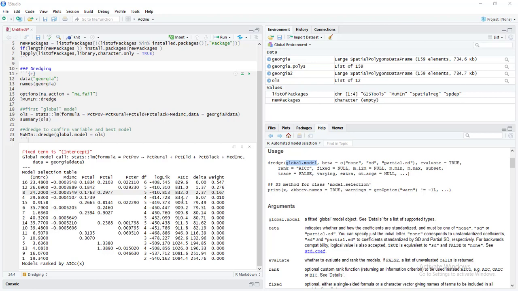Hello everyone, welcome back to another GIS mathematics lecture video. And in this video we're going to continue our discussion on model and variable selection by talking about the Lagrange multiplier. So in the previous video we went through this idea of dredging and we came up with MuMIn dredge,